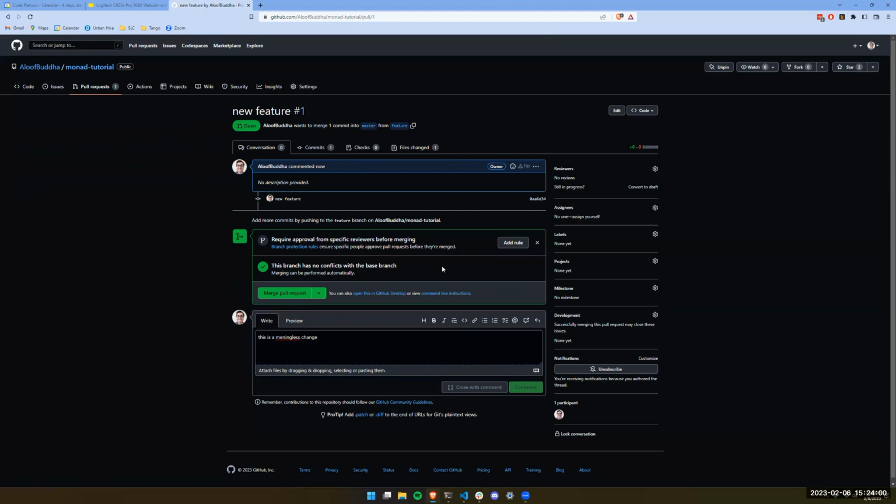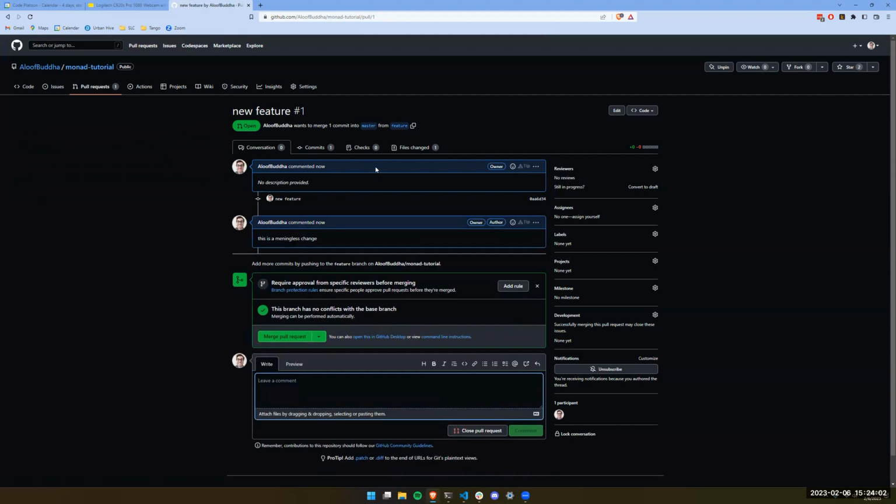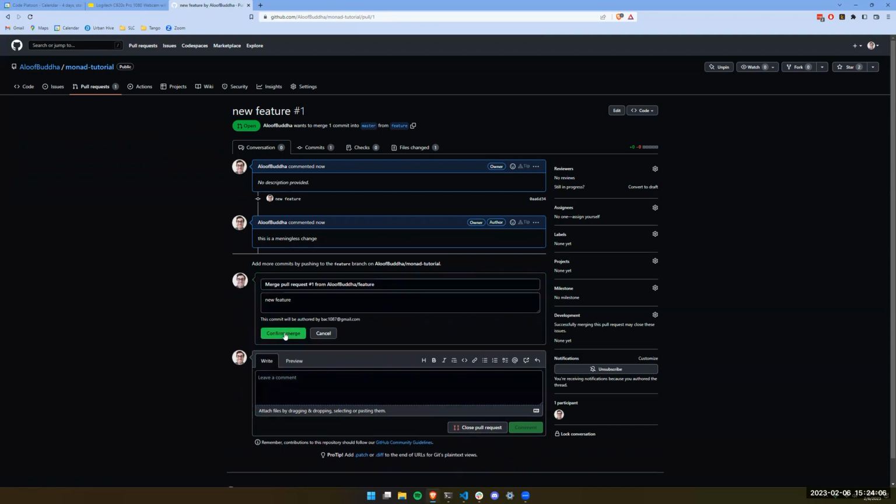It's not even good English. But let's say she writes that and then she has a change of heart and says, you know what, he's a good guy. Let's just merge his pull request. So, it's filling everything out. Say confirm merge. I'm just making sure. And it says right here, it wants to merge one commit into master from feature.